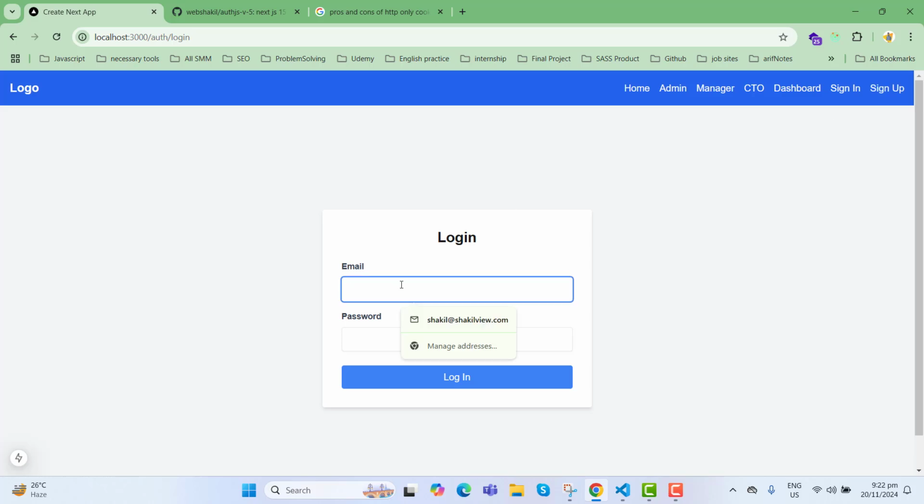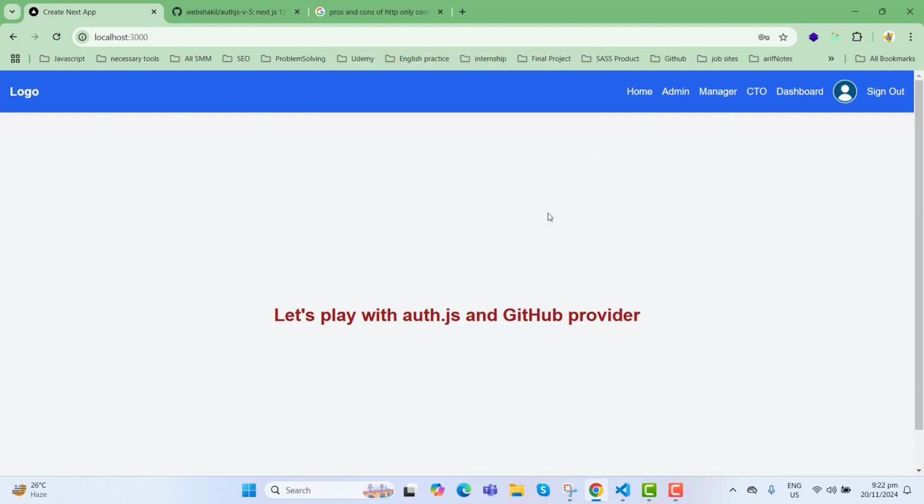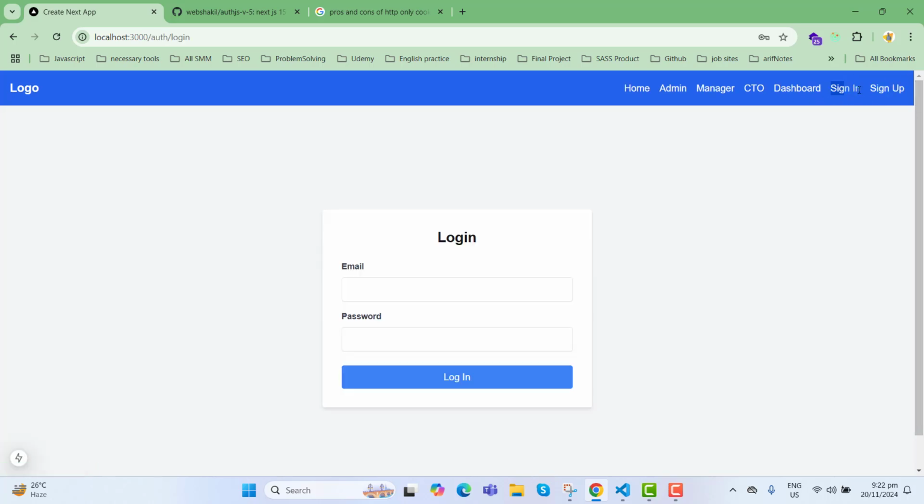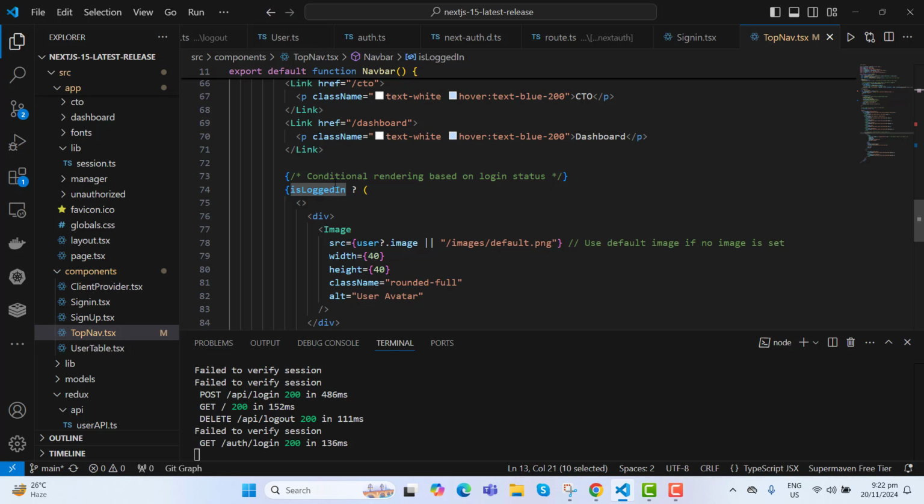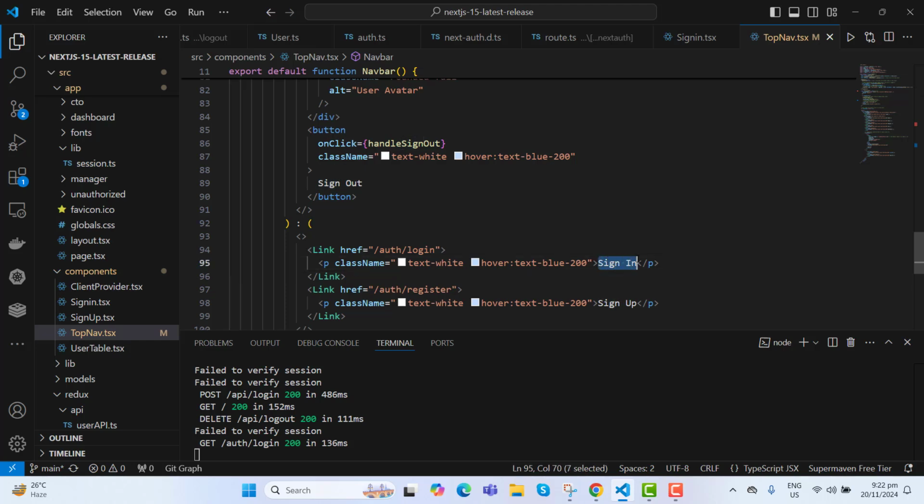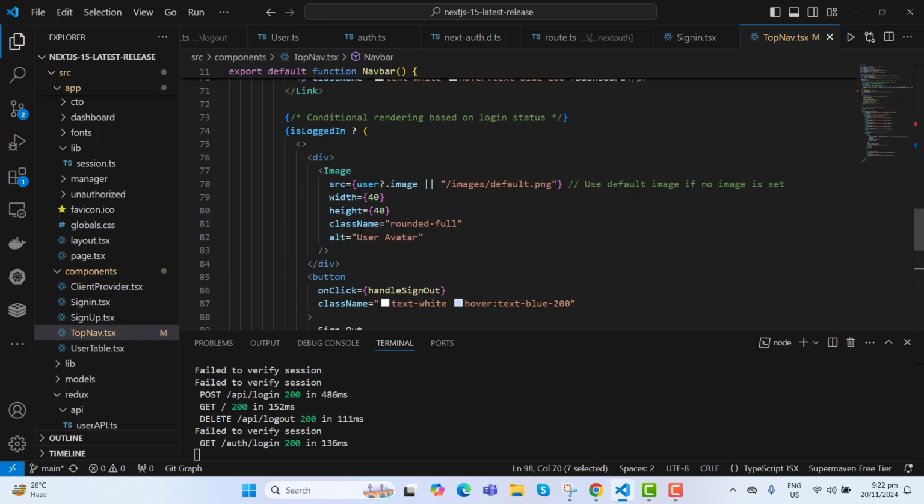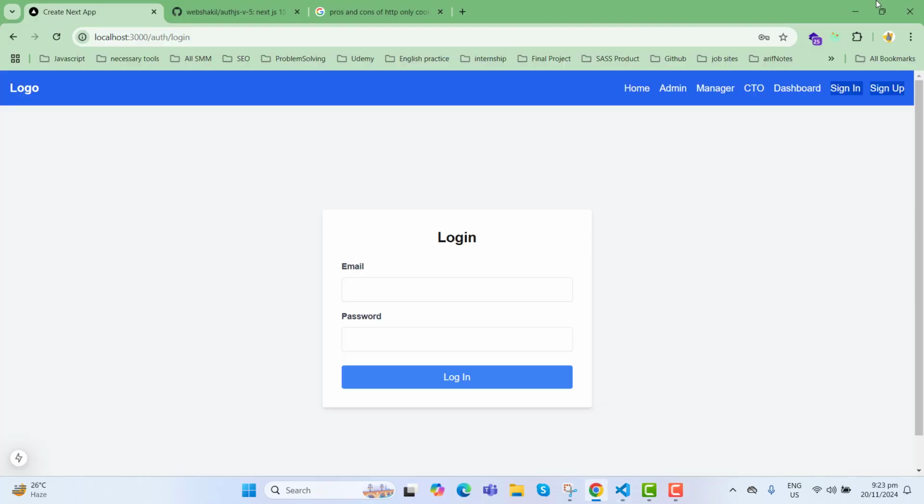If I log in, you see the sign in and sign up buttons are not here. If I log out, these two buttons are here. So it's conditional rendering. If isLoggedIn is true, then we need not show sign in and sign up. We are showing merely sign out, but when we log out, we show these two buttons. Sign in,